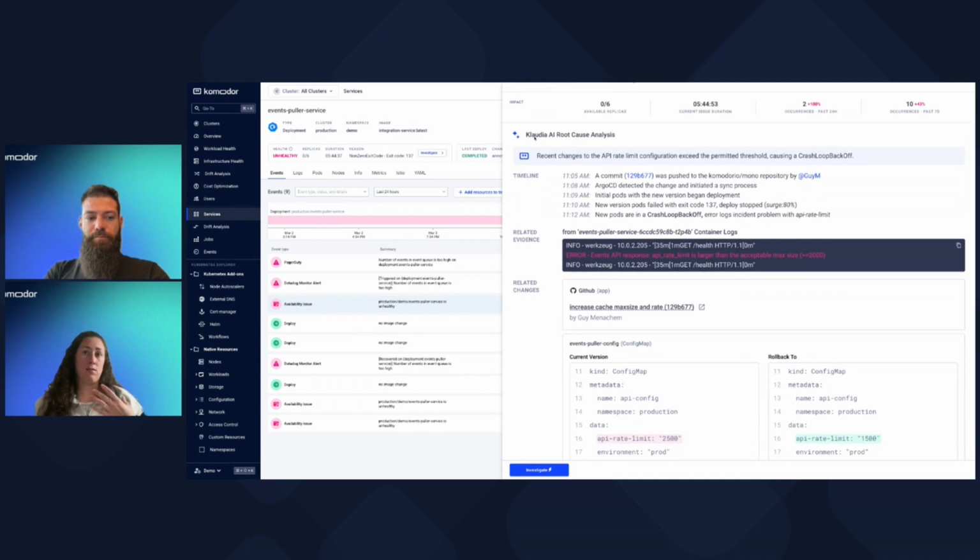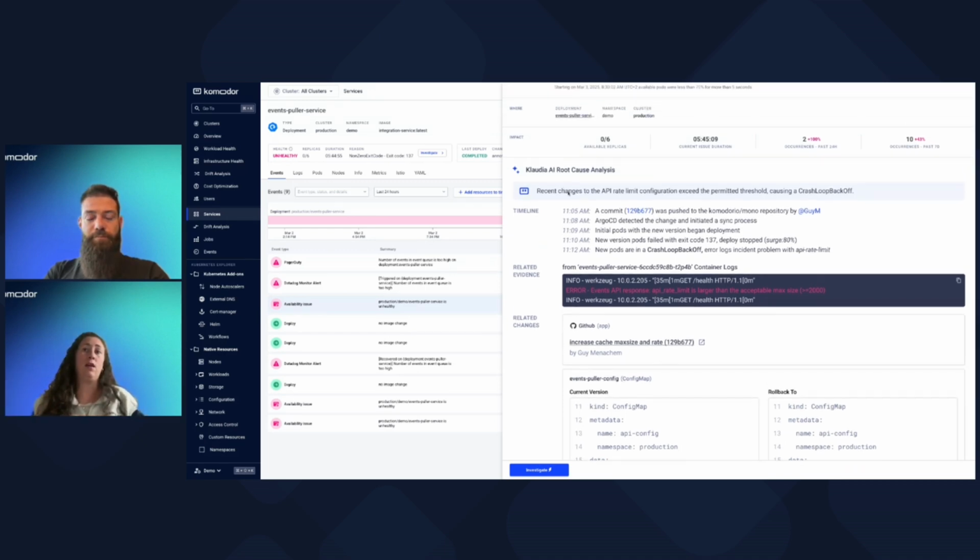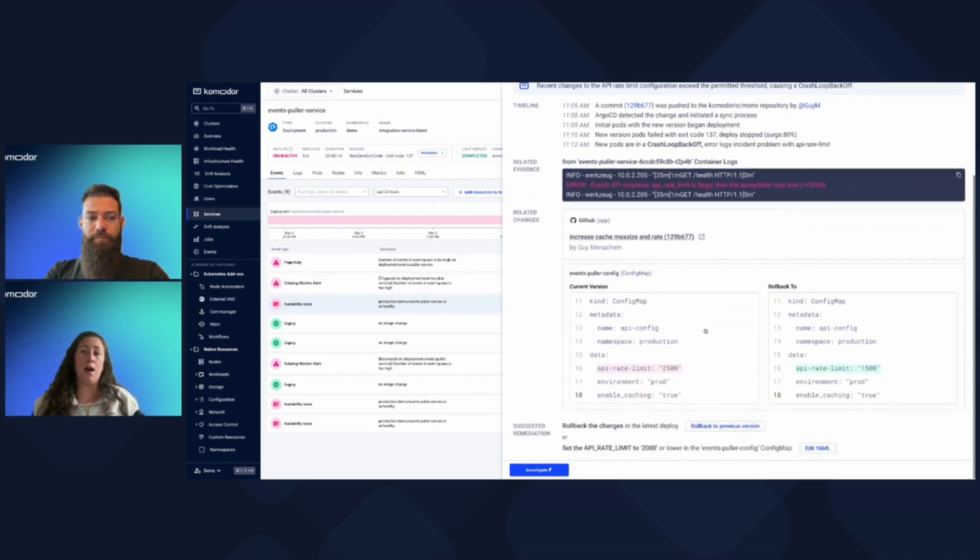And you can see that Komodor already processed and understood all the correlations that need to happen in the background in order to provide the root cause analysis and what happened here exactly. So in this case, we see that changes that were done to the API rate limit are causing basically a crash loop backoff. We're getting the evidence from the logs that is showing exactly that,